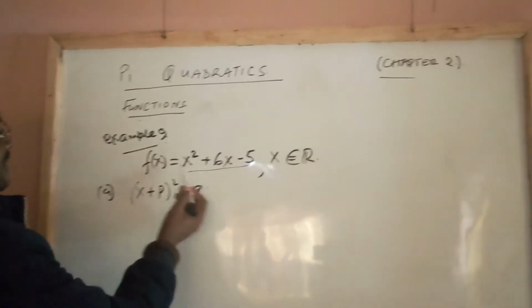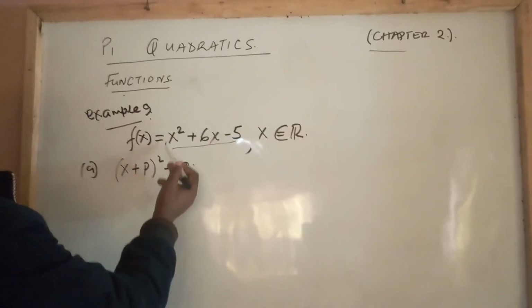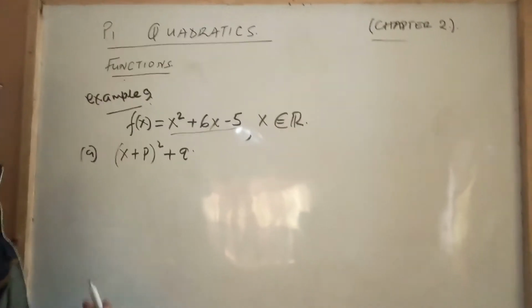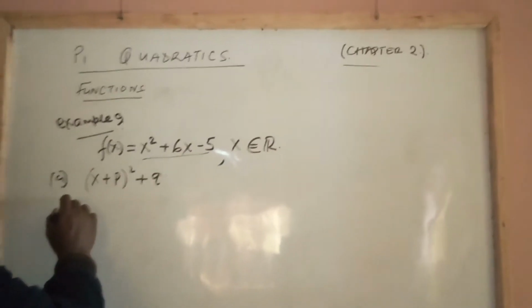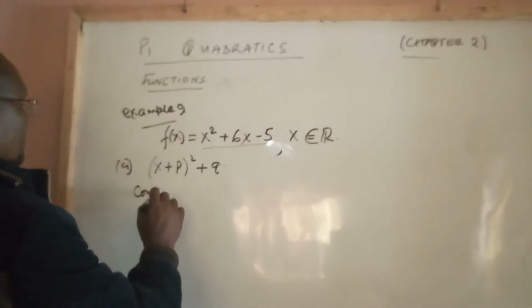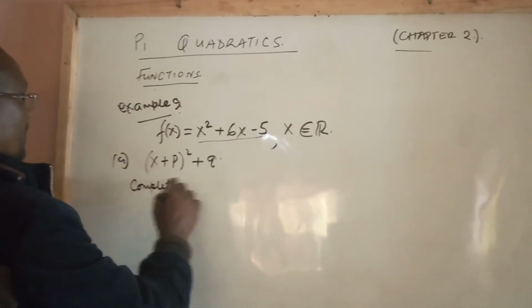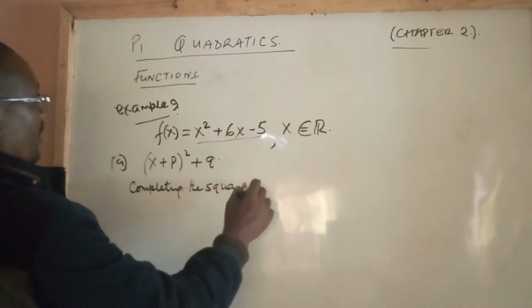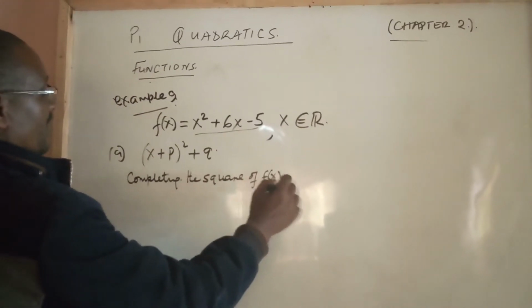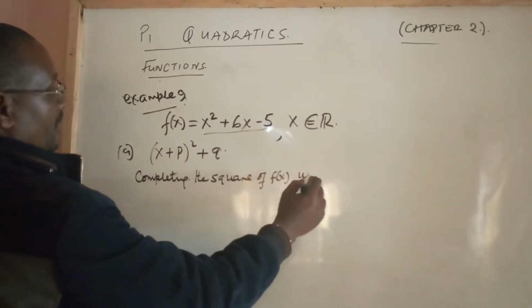And we are lucky because the coefficient of x squared is 1. That makes work easier. Completing the square of f(x), the original function of x, we have